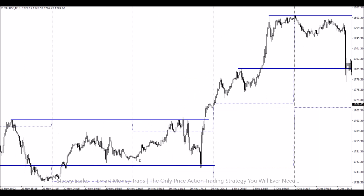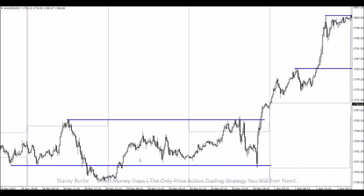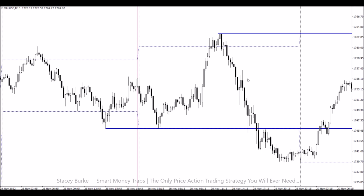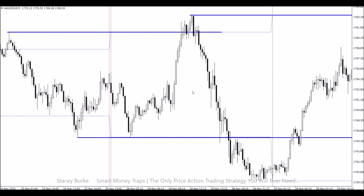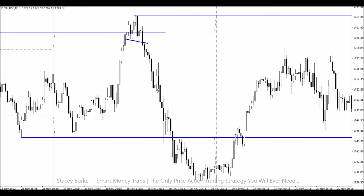Now we can look at gold and we see a very similar behavior. The previous week we had a Monday that, again, no news on the Monday, no news. But we had a big pump up that took out the high of the previous day and the high of the week heading into our London session. That market then proceeded to trade from the previous day's high to the previous day's low. Now understand again how important that is. No news. They pump it up, trigger the previous day's high, and there it is again, our little 3-push head and shoulders pattern for a reversal setup at the previous day's high,